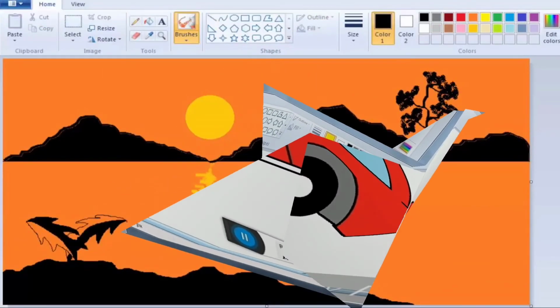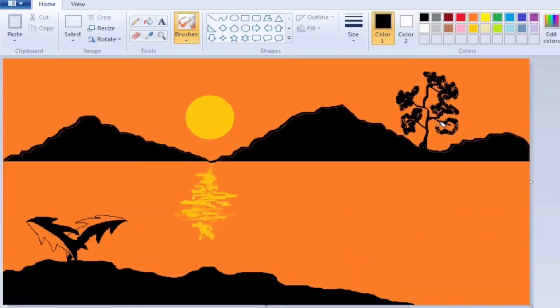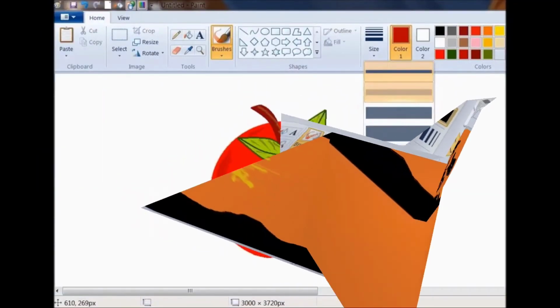No? Now see this. Wow. It is a scenery, okay? A sunset is there. A mountain is there. Only three colors are here: black, yellow and orange. With the help of only three colors, this image is made. You can also make it. This is very easy, children. When you learn MS Paint, you can easily make this.